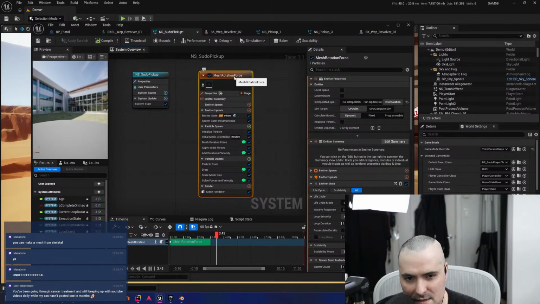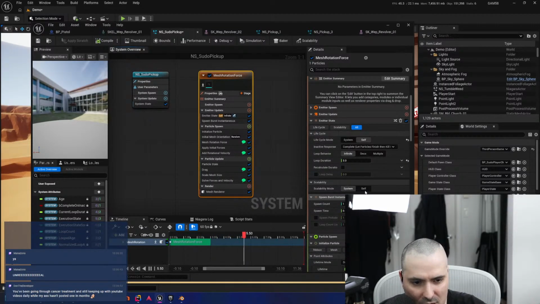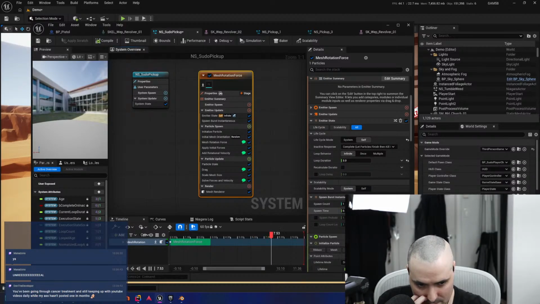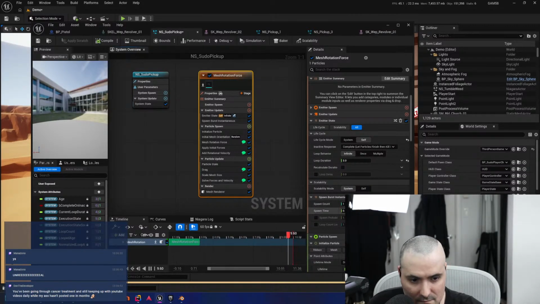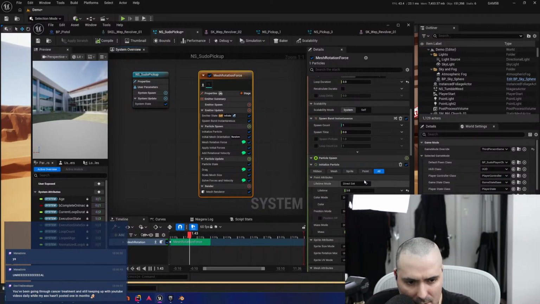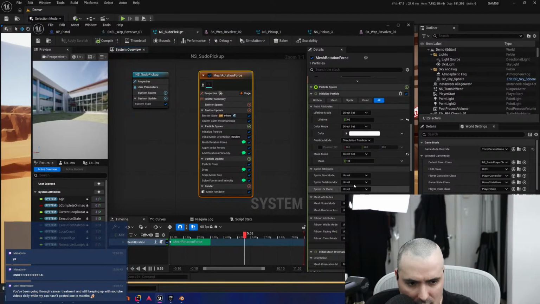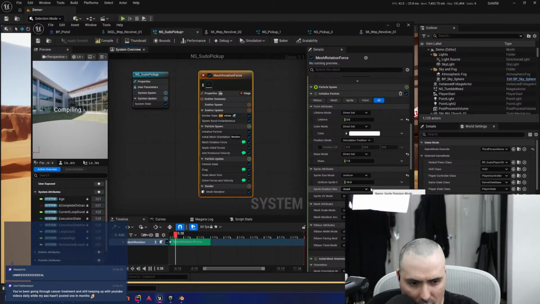Okay, why is this being so stupid? Sprite size. Uniform. 1.